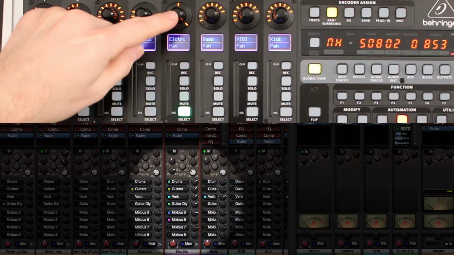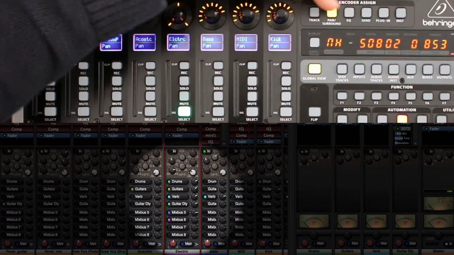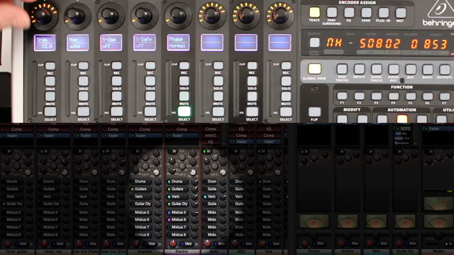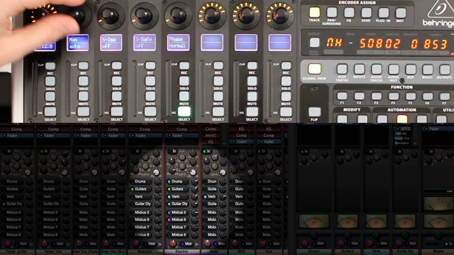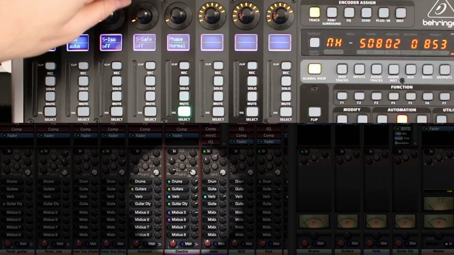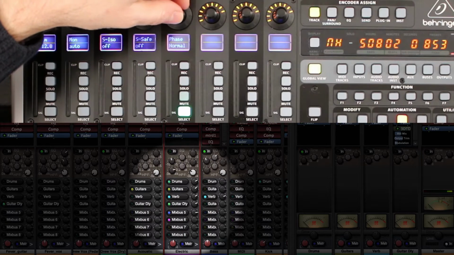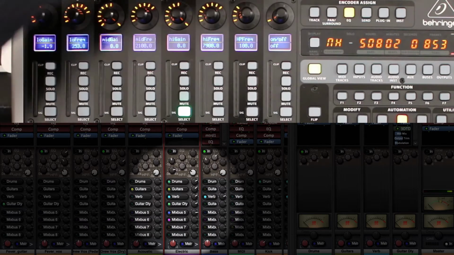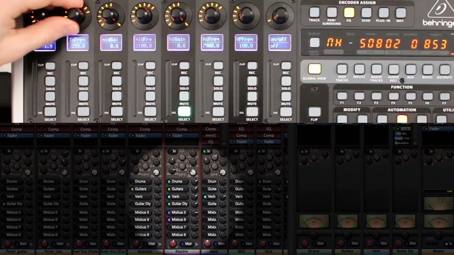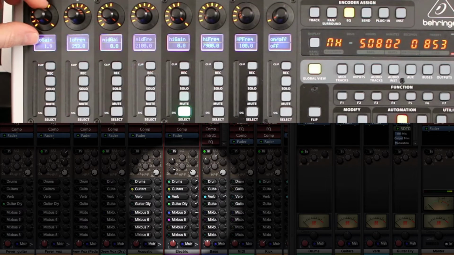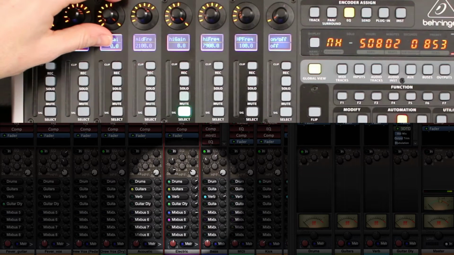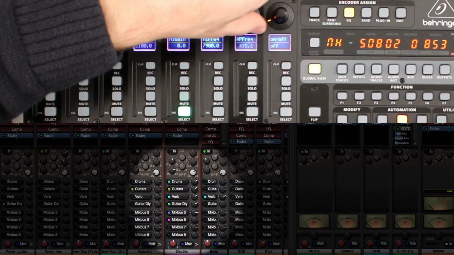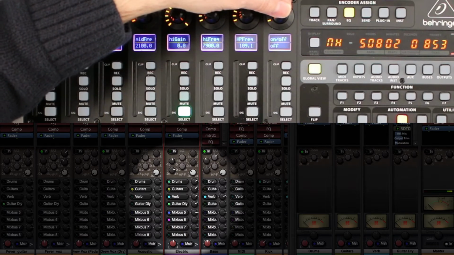And once I've selected a track, then I have all kinds of options on the right side here to get in and do things. So if I click the track button, you'll notice that I now have input trim, input monitoring selection, some solo modes, and my polarity reverse switches. If I switch to the EQ mode, then I'm working my Mixbus EQ. I've got low gain, low frequency, mid gain and frequency, high gain and frequency, my high pass filter frequency, and the EQ on and off.